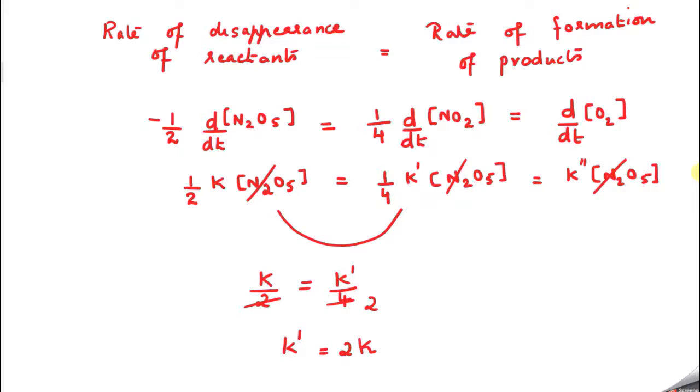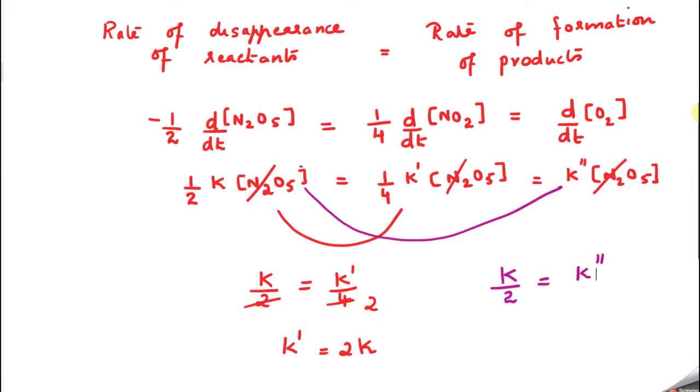Correct. Similarly, they are also asking you the relation between k double dash and k. So let me compare these two. I will take another color for your understanding. So these two they are asking you to compare. I know that k by 2, correct, is equal to k double dash. So it's a direct thing. So k double dash is equal to how much is it coming? k by 2, correct.